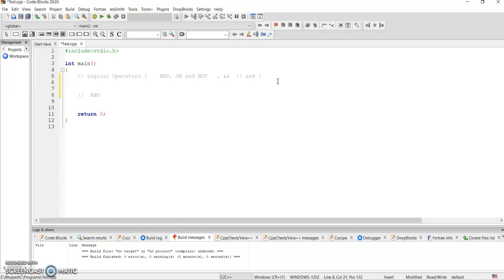So if you take the values 0 and 0, it will always give you 0. If you try 0 and 1, it will always give you 0. If it is 1 and 0, it will always give you 0. And if it is 1 and 1, it will give you 1. So simply,